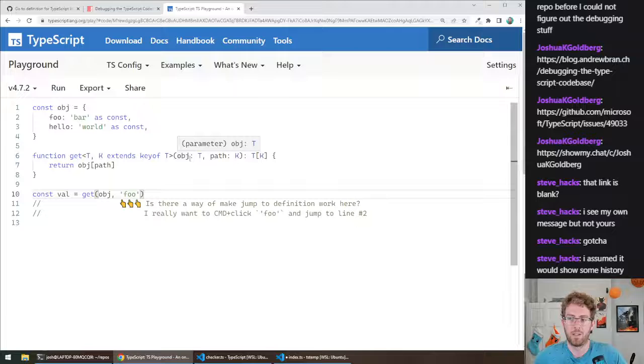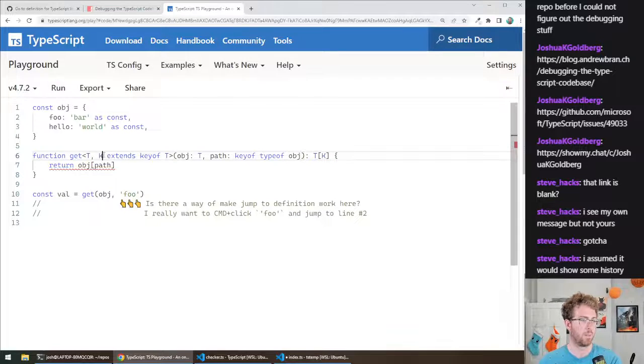All right. So if we right click, go to definition on foo, we get no definition found. Now, in theory, that makes sense because this is a string literal "foo". There's no real definition of it. But in practice, when you know that it's working in a generic or in general something that's a keyof,